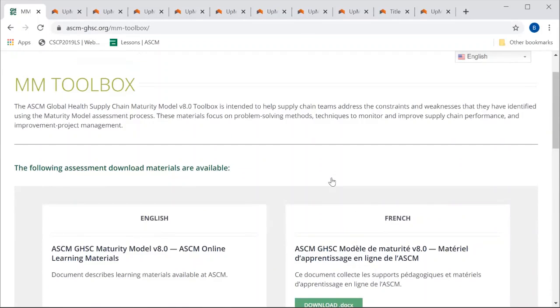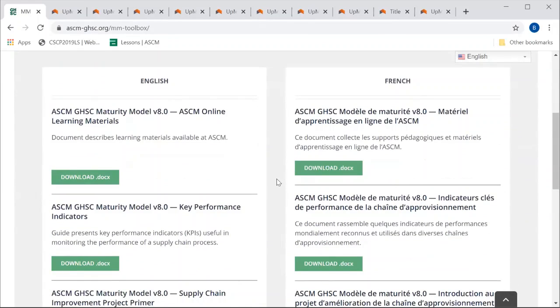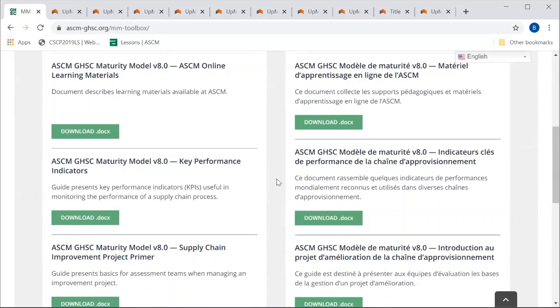These are just problem-solving tools and techniques that help you to monitor and improve on your supply chain. We have the online learning materials. These are different learning materials that ASCM has put together for you to be able to understand how to go about your improvement.